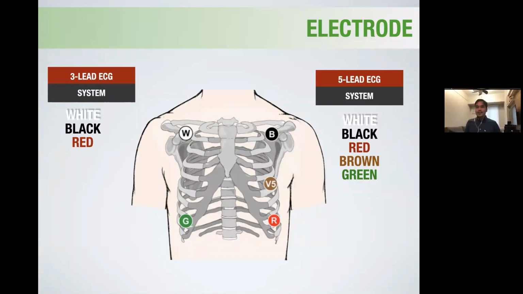When I was a nursing student, this is what I was always thinking whenever I attached electrodes. Okay, listen to this, guys. White on the right, smoke over fire. Very good. So when you say white on the right, you're going to place the white electrode on the right. When you say smoke over fire, so on the other side,